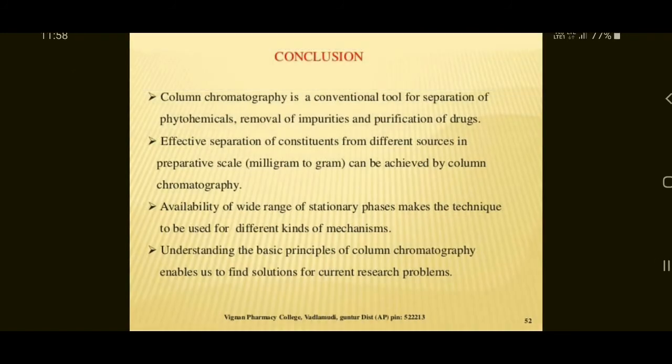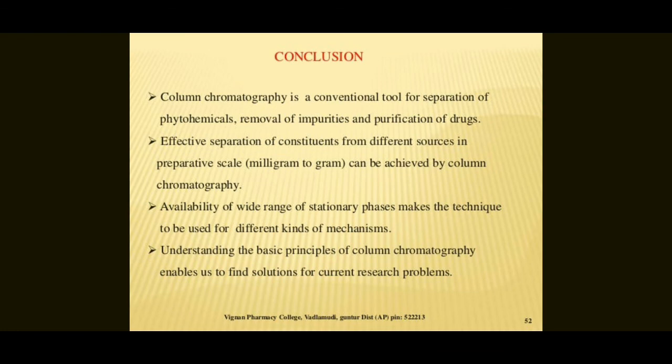Okay, so students, the conclusion: column chromatography is a versatile tool for the separation of phytomaterials, removal of impurities and purification of drugs, and effective separation of constituents from different sources on preparative scales, milligrams to grams.